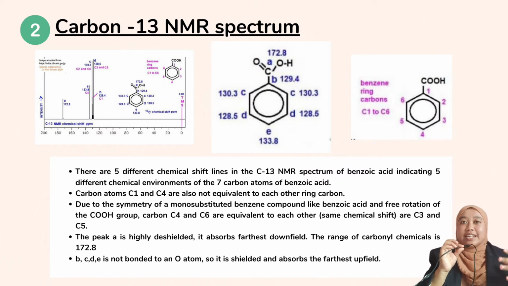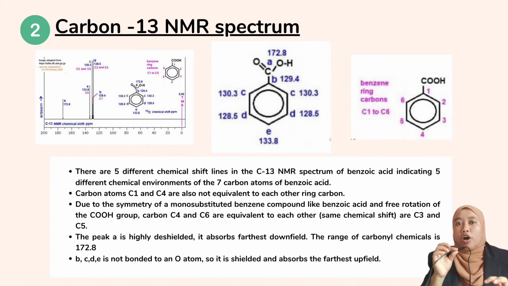For carbon-13, there are 5 different chemical shift lines in the carbon-13 NMR spectrum of benzoic acid, indicating 5 different chemical environments for the 7 carbon atoms of benzoic acid. Carbon atoms C1 and C4 are not equivalent to each other, ring carbon. It is due to the symmetry of a monosubstituted benzene compound like benzoic acid and the free rotation of the carboxyl group. The carbons C2 and C6 are equivalent to each other, with the same chemical shift as